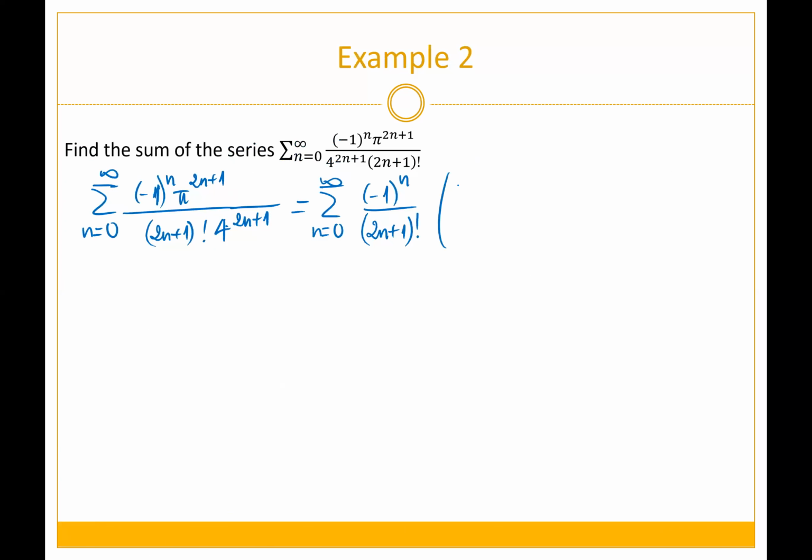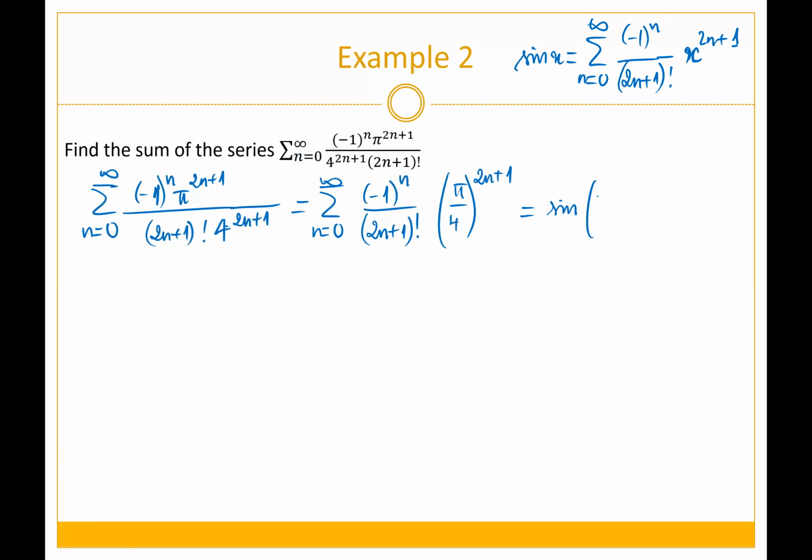And then you're going to have pi over 4 to the 2n plus 1. So I just remind you from that table, you have the series from n equals 0 to infinity, negative 1 to the n over 2n plus 1 factorial with x to the 2n plus 1. This is going to be the Maclaurin series of sine x. So instead of x here, you have pi over 4. So basically this one is equal to sine of pi over 4 because this is the Maclaurin series